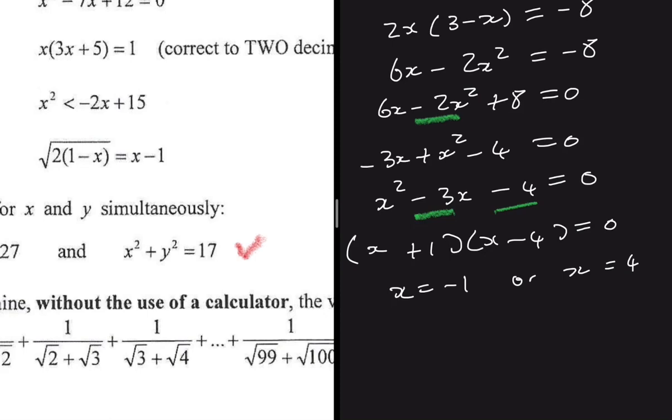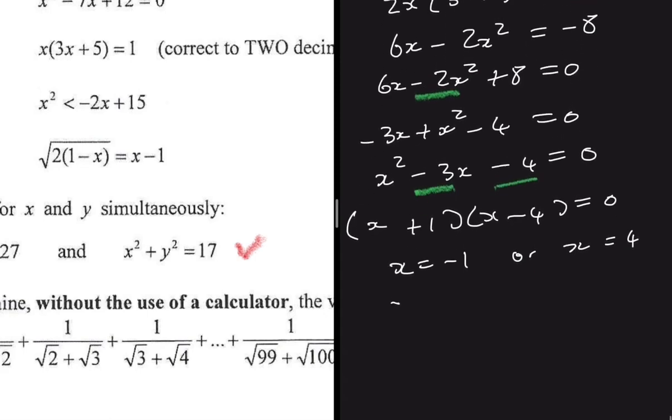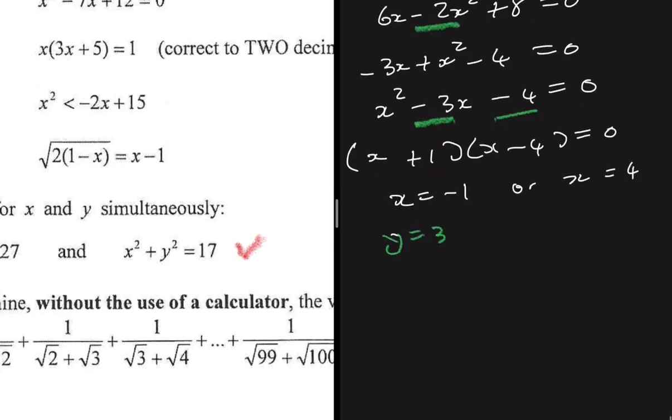But what is y when x equals minus 1? We know that y equals 3 minus x. So when x equals minus 1, y should be equal to 3 minus minus 1, so y should be equal to 4. And then when x equals 4, y equals 3 minus x. So y equals 3 minus 4, y should be equal to minus 1. Right, so that is